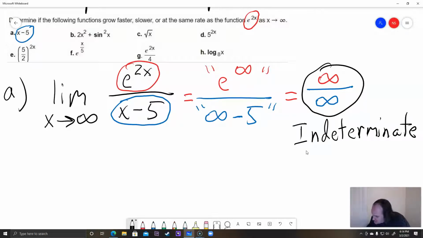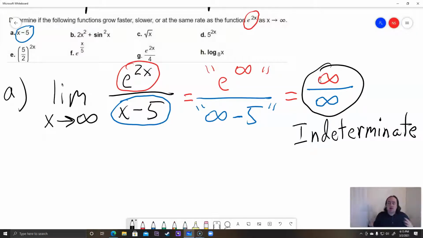Okay, so since it's indeterminate, what we have to do is use L'Hopital's rule, and then try to find the limit again. So remember, for indeterminate, usually it's 0 over 0, but in this case it's infinity over infinity. And you might be thinking, well, isn't infinity over infinity just 1? And the answer is no. It's actually indeterminate because they're different sizes of infinity,